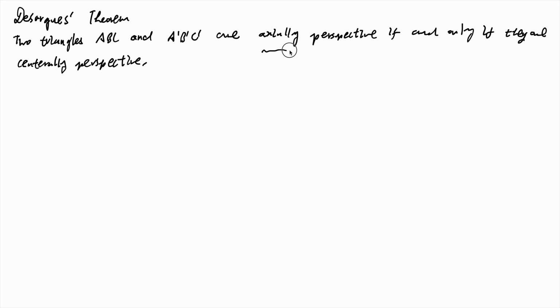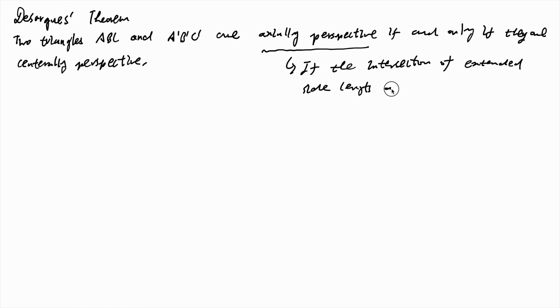So this is if the intersection of extended side lengths are collinear. This one is